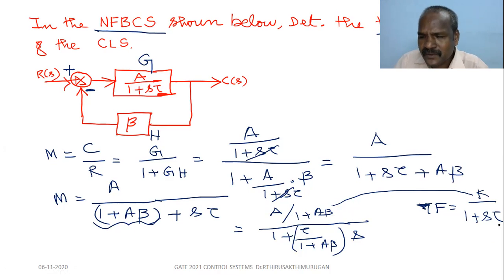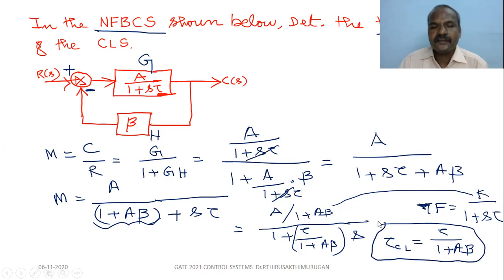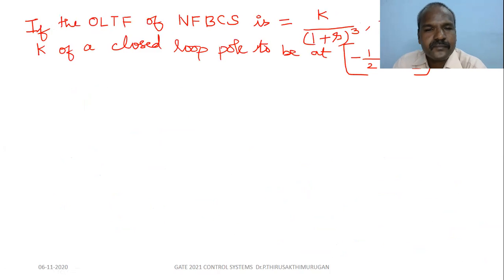So when compared with the denominator, the coefficient of S term is the time constant of the closed loop system. What is the time constant? So the closed loop time constant equal to tau by 1 plus A beta. This is the closed loop time constant. Understand? Next question is,